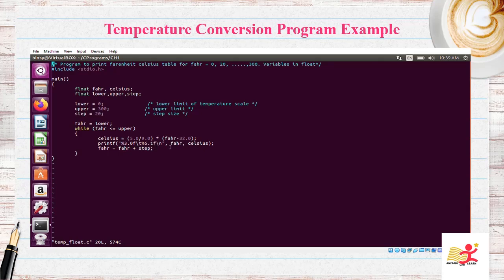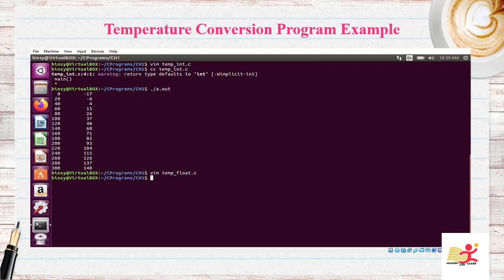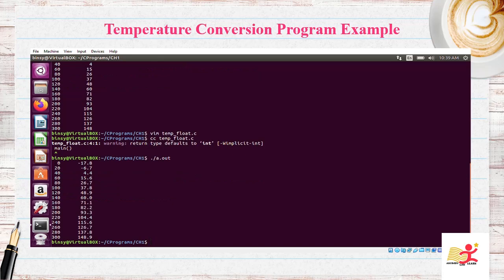So 1 digit after the decimal point. Here there will not be any decimal point. Let's see. Now run a.out. See the difference. Here is the output printed.